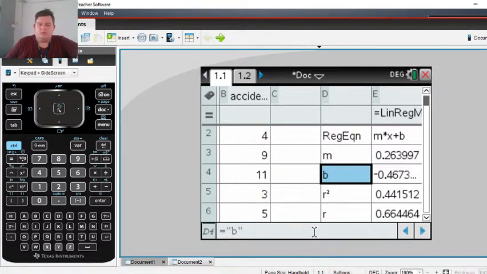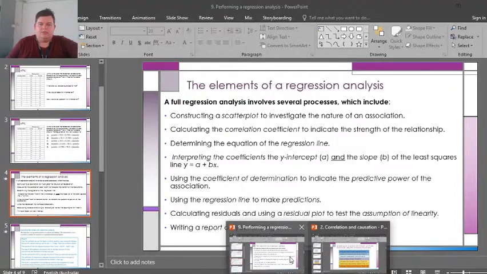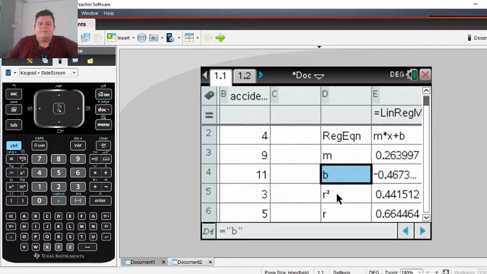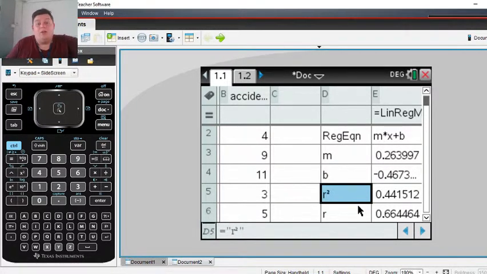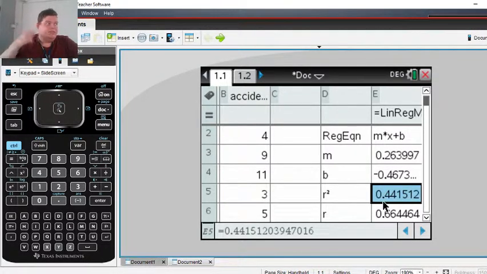Next, it says use the coefficient of determination to indicate the predictive power of the association. Okay, the predictive power, so this is my correlation coefficient, this is my coefficient of determination. To say the predictive power, I turn this into a percentage. So 0.441 or 0.442 becomes 44%. So you would use something like this sentence. You would say